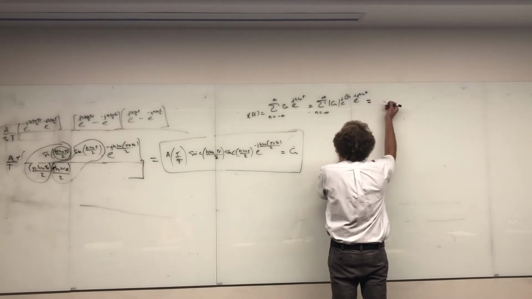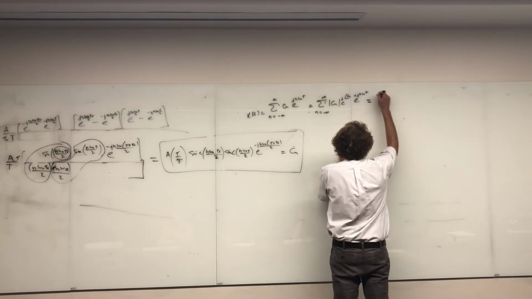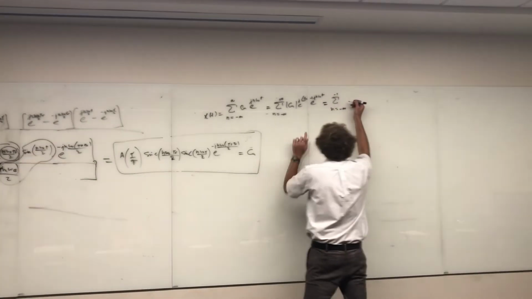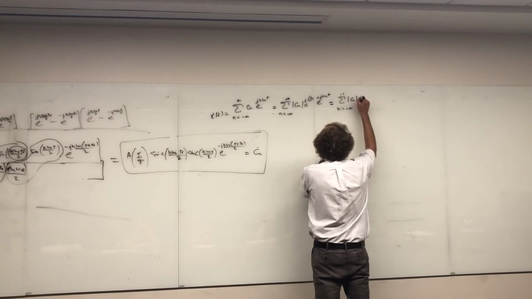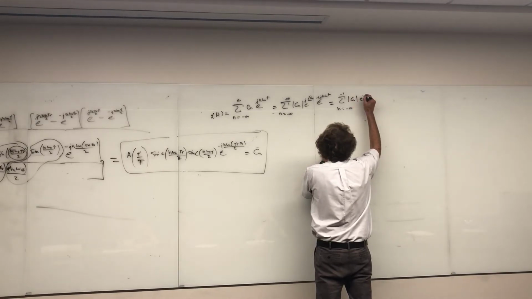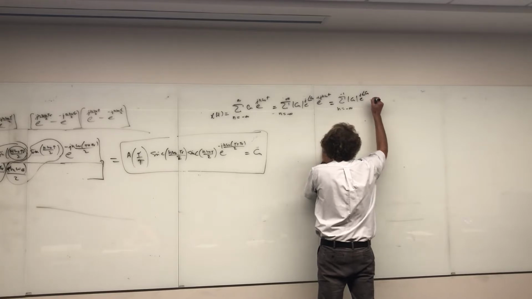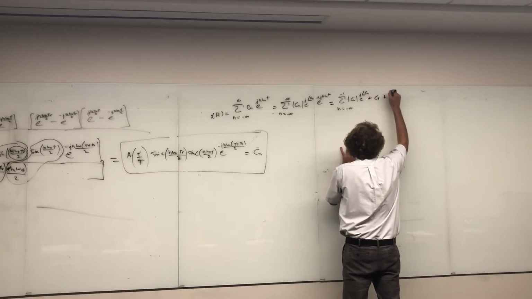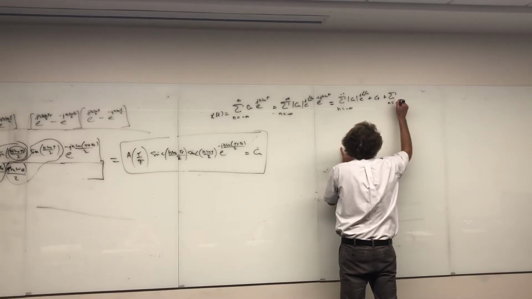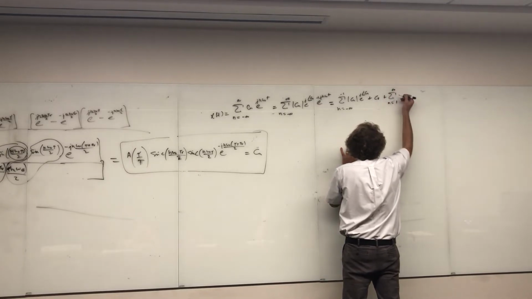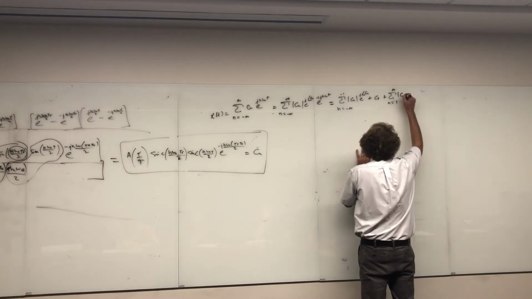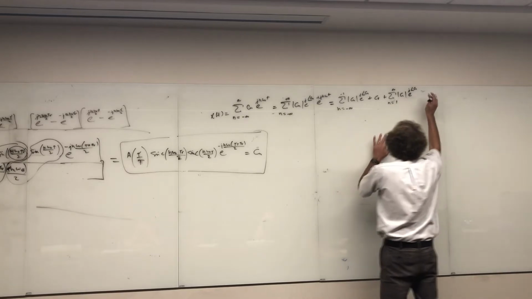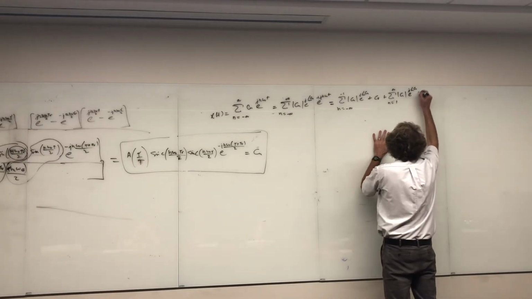I'm going to say that series is actually equal to the summation from n equals minus infinity to minus 1 of this, magnitude of C of n e to the j angle C of n, plus C0, and then plus the summation of n equals 1 to infinity of magnitude of C of n, e to the j angle of C of n, times e to the j,